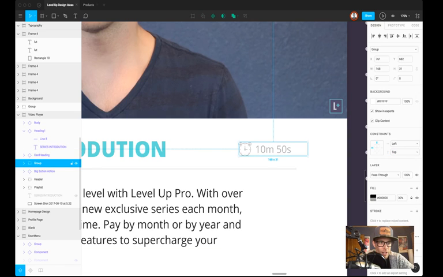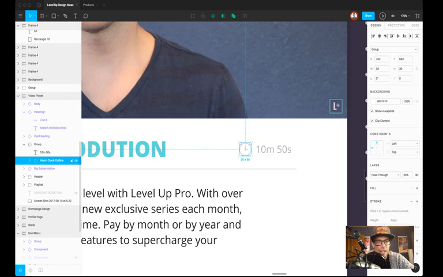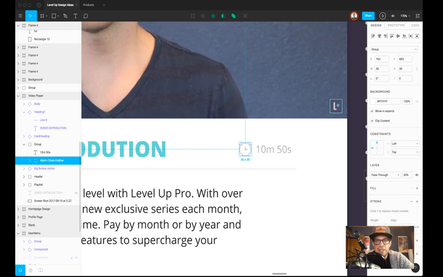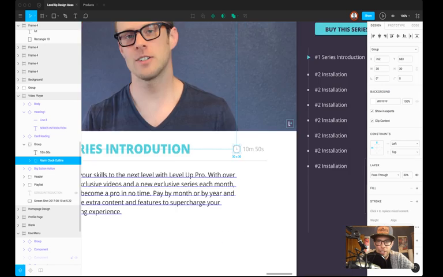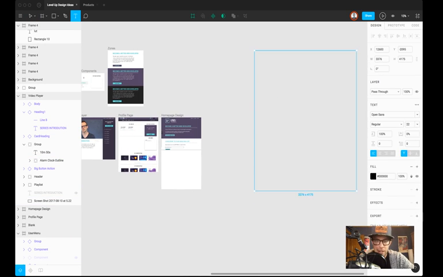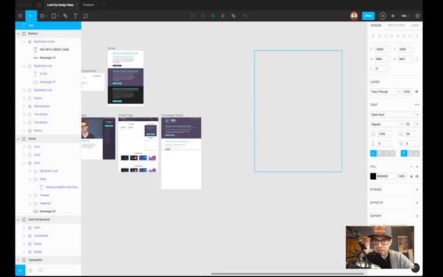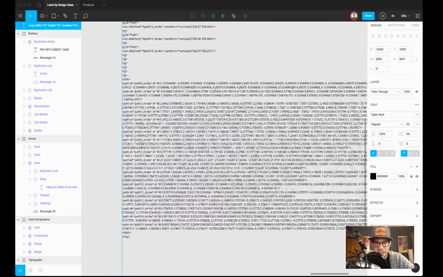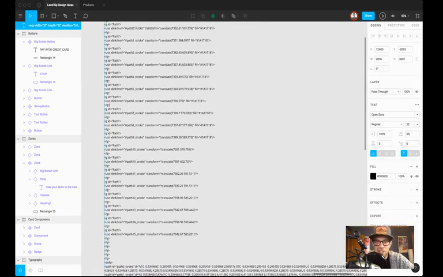So if I were wanting to export this clock, see how I have the clock selected here? I can right click on this and say copy as SVG, and then when I paste this in, since this is just SVG and this is text, this is a terrible idea, but I could just paste this in here. Let's see if it actually does this. Yeah, it actually did. So I copied this as SVG, and here it gives me my SVG code for that